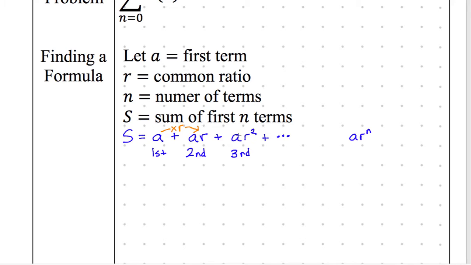Well, take a look here. The second term had a power of 1. The third term has a power of 2. This is the nth term because there are n terms. I defined that right here. We all agree that there are n terms? I said there are n terms, so this must be the nth term. Well, if this is the nth term, notice the pattern. The second term has a 1 power. The third term has a 2 power. Therefore, the nth term has a